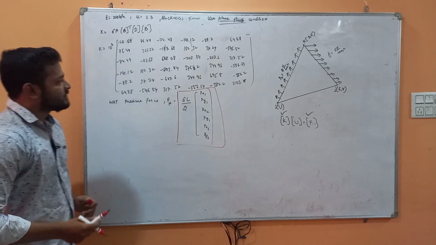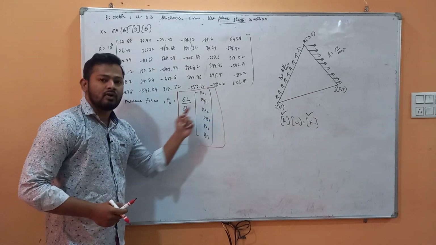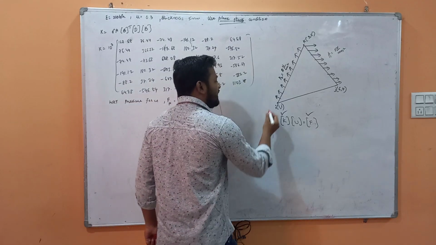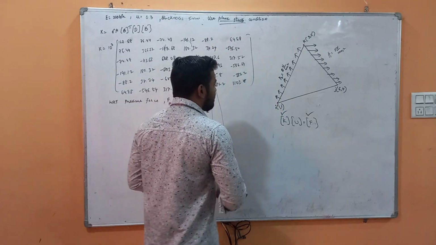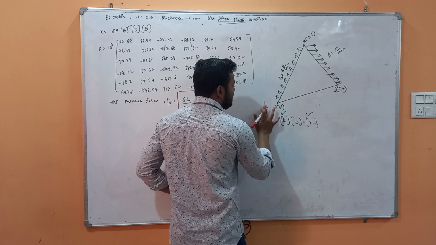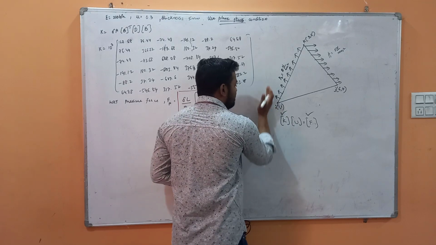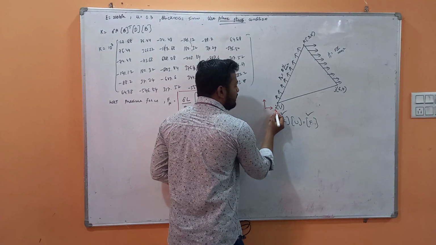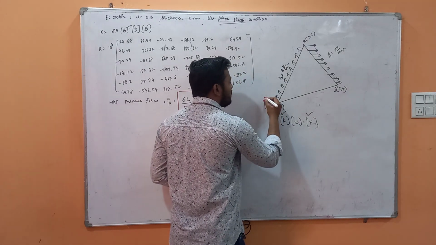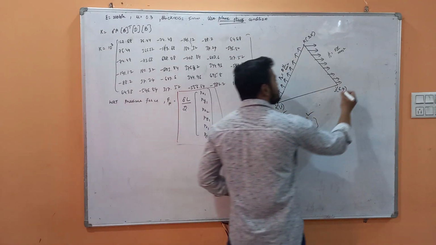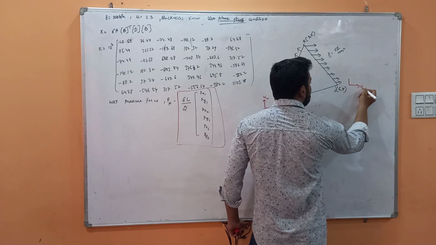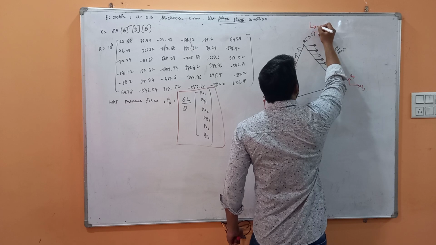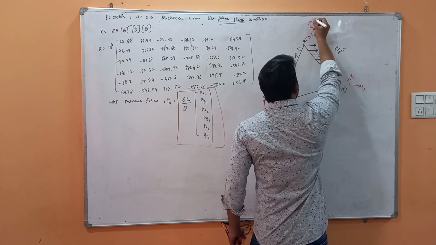Now you can see the pressure force has two components, an x component and a y component. And we know that for a triangular element, at every node we have how many displacements? We have two displacements: one is displacement in x direction and one is displacement in y direction. So for the first node u1 and u2, for the second node u3, u4, and for the third node u5, u6.